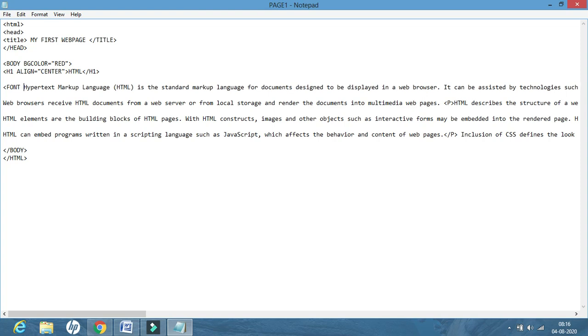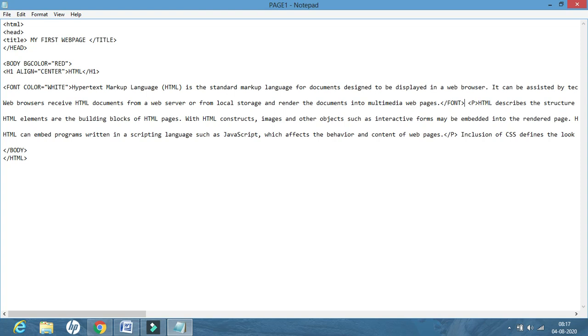So for now I want to use, suppose, the color. I want the font color to be, suppose, white, and finished. And somewhere here I want to finish up with the white color. Now again I want to tell you one thing.